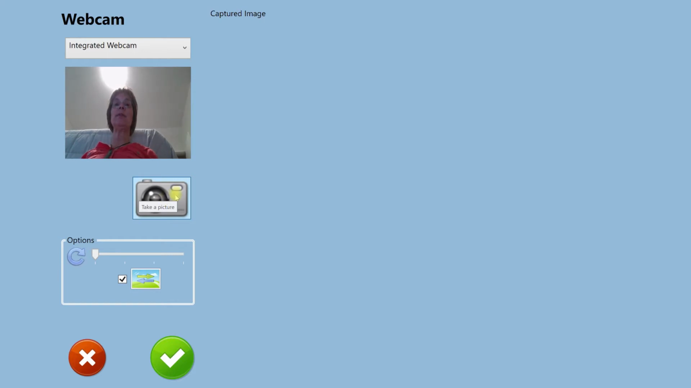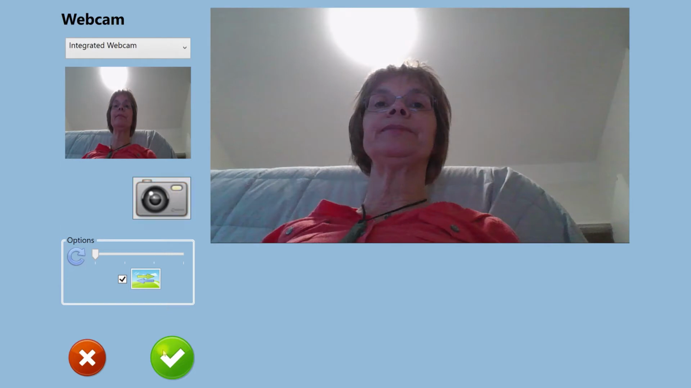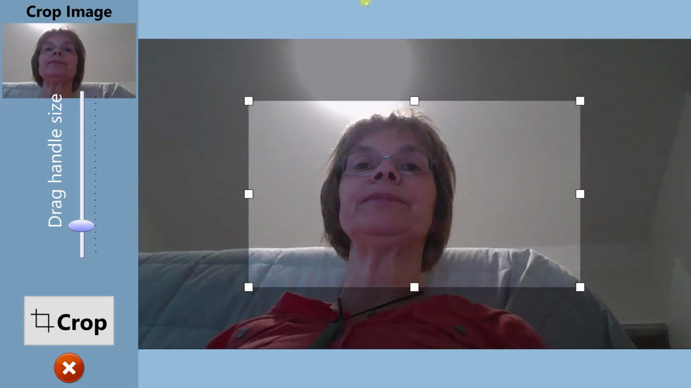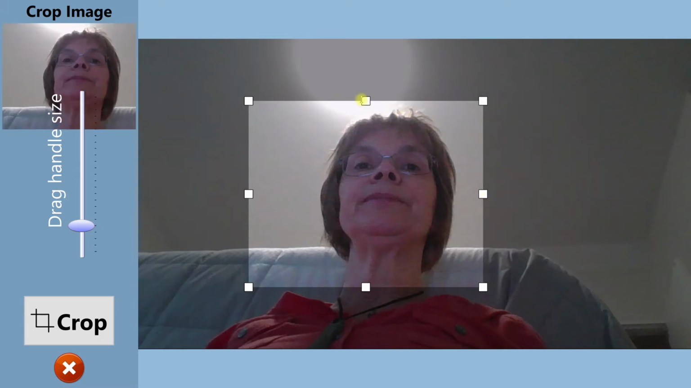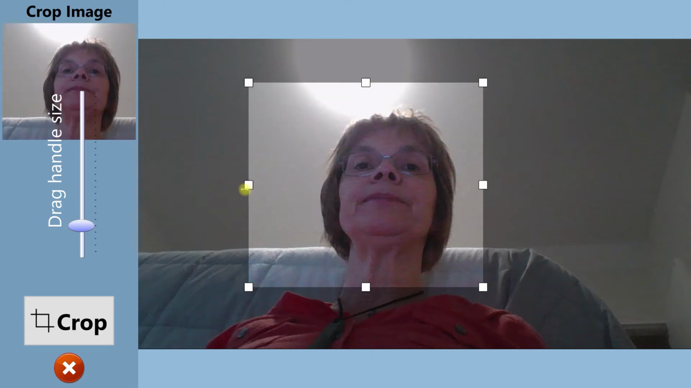You do this by clicking on the camera. If you don't like it, you can hit the cross button. If you think it's okay, hit the tick button. You can crop the image. You do this by moving the handles. And then you can hit the crop button